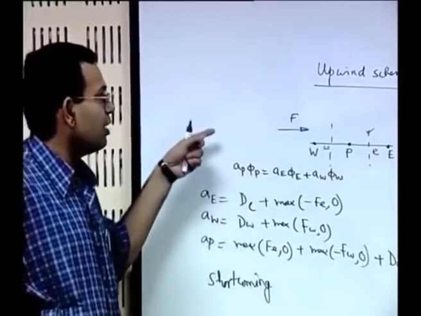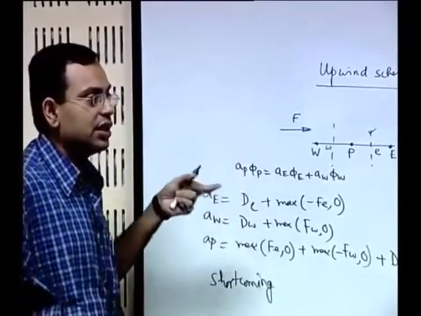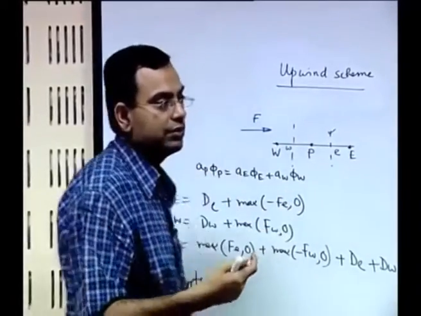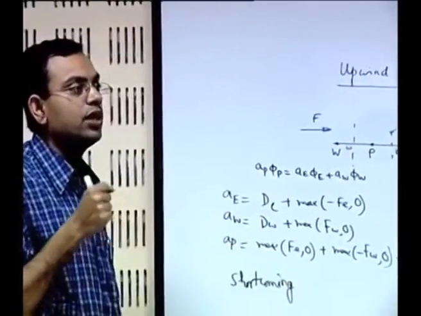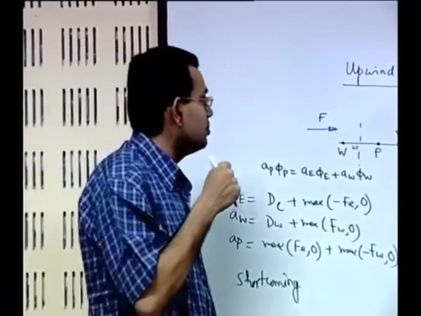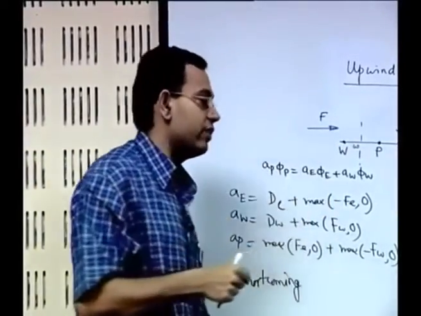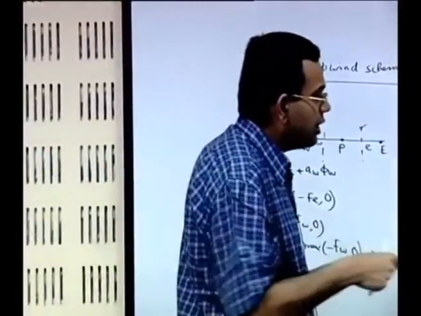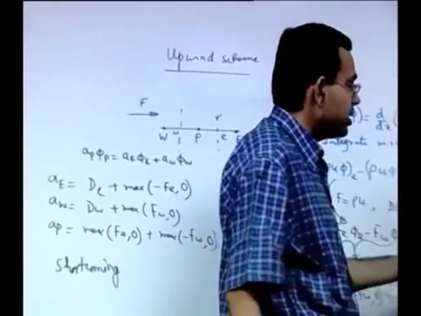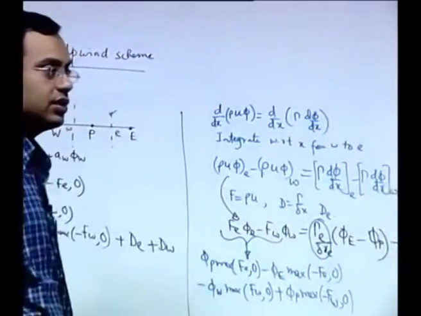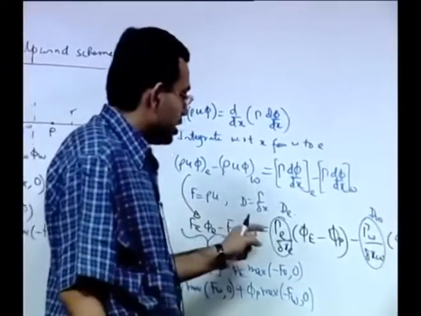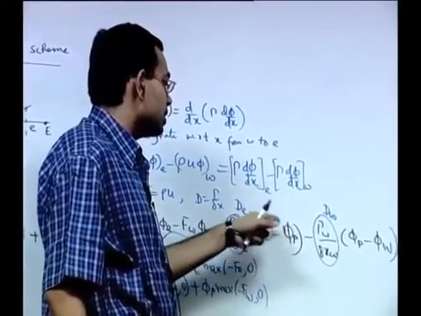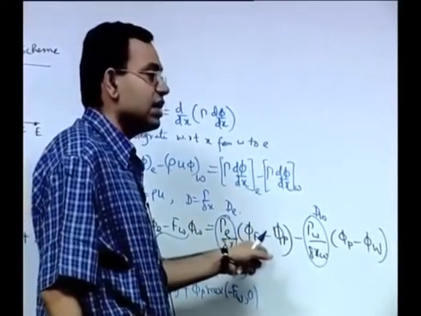So, when you have a strong flow in one particular direction, then if there is a counter diffusion also in the opposite direction, that will not be important, because eventually the transport will be governed by the dominant unidirectional advection. Now, in that case, the diffusion terms should be 0, or should be small, but still in this particular scheme the diffusion terms are discretized by using the central difference scheme.